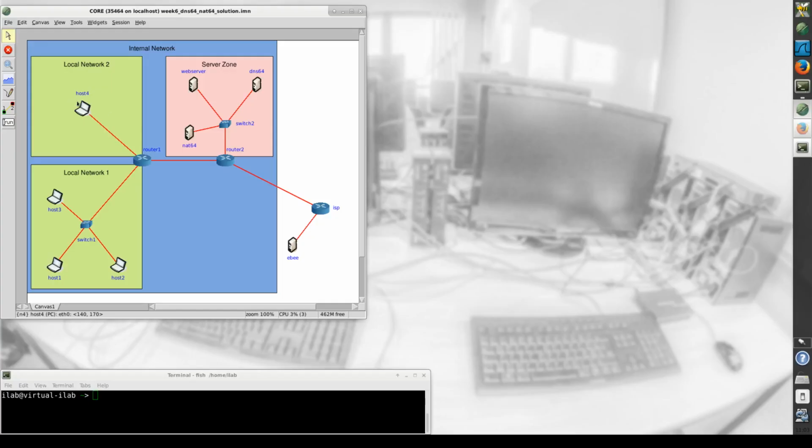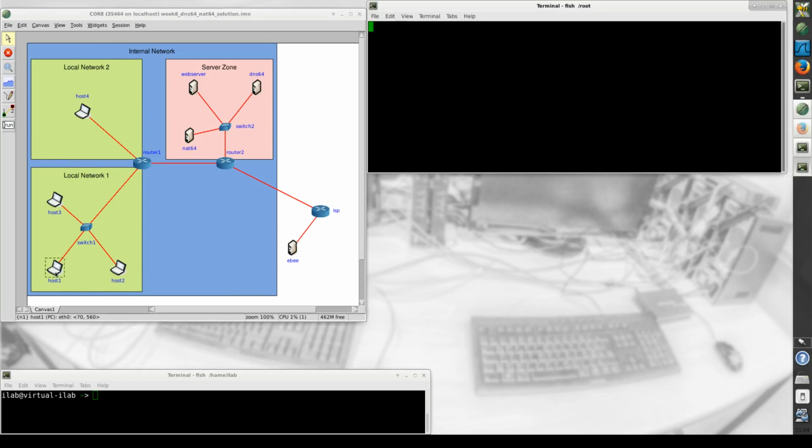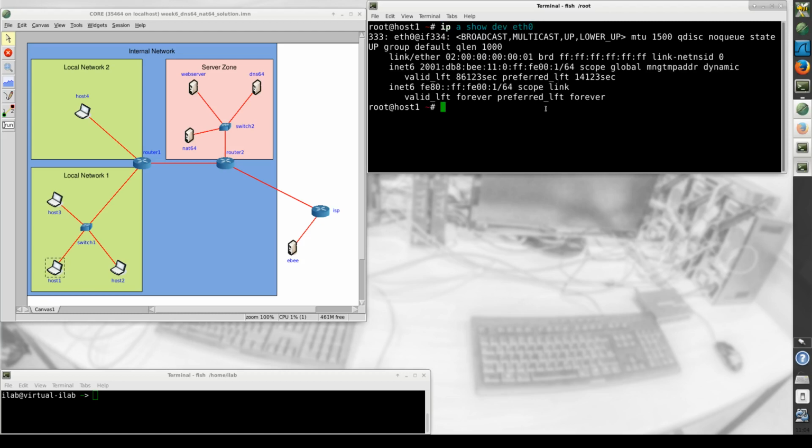The practical exercise for DNS64 and NAT64 looks as follows. In the core network emulator, we have on the left side some hosts that only support IPv6. We can verify that by opening a terminal and checking the assigned IP addresses using this command. As you can see, the client only has IPv6 addresses assigned to it.